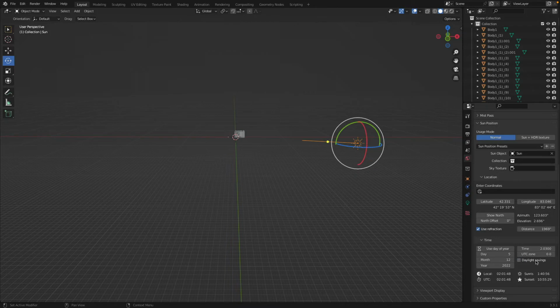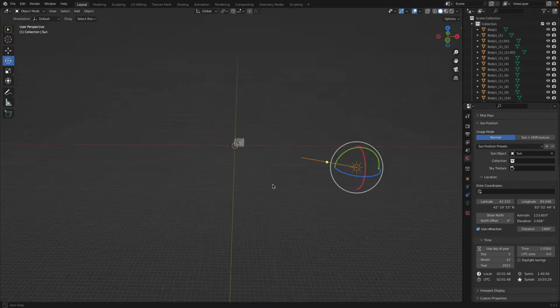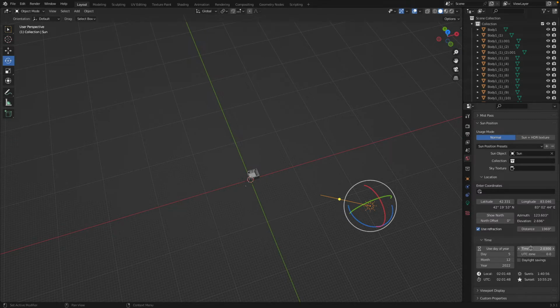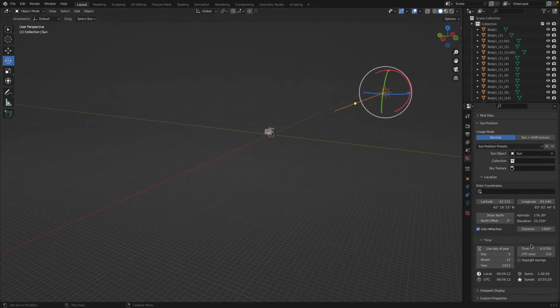Now we also have daylight savings options and such we can turn on. But basically now here you see when I go through the time, you see how beautifully it calculates the sun motion. Let's say month,